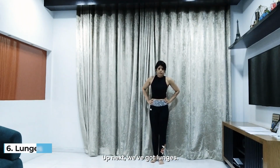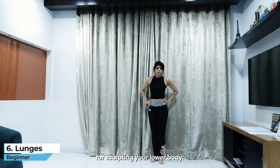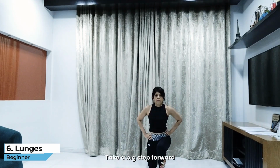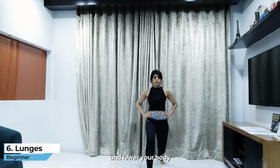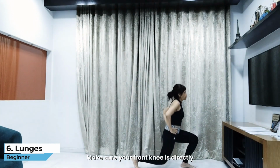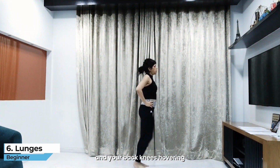Up next, we've got lunges, a fantastic exercise for sculpting your lower body. Begin by standing tall with your feet hip width apart. Take a big step forward with your right foot and lower your body until both knees are bent at a 90-degree angle. Make sure your front knee is directly above your ankle and your back knee is hovering just above